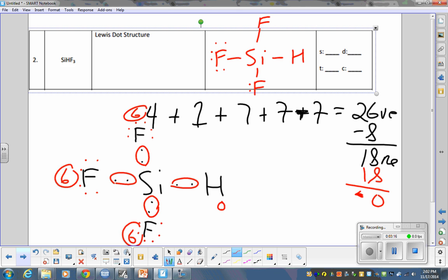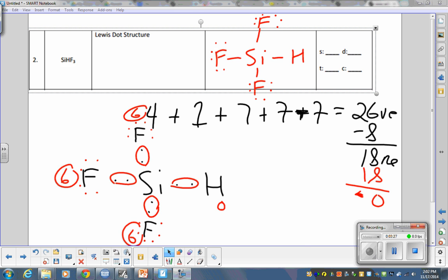And I can check my work by counting all the dots should equal 26. Dots and lines equal 26. And that's a Lewis structure for that. When I do the total, this has 4 single bonds, no doubles, no triples, no coordinates. So for the next one,